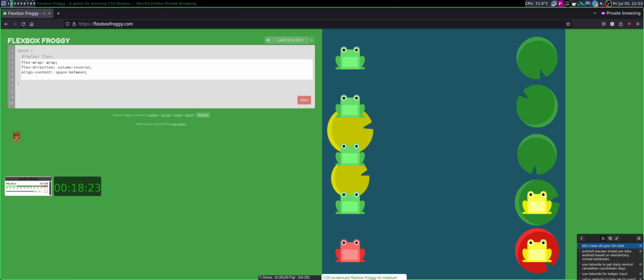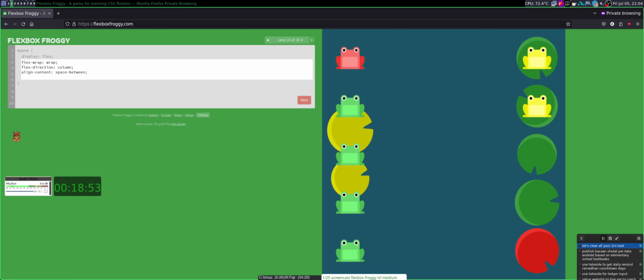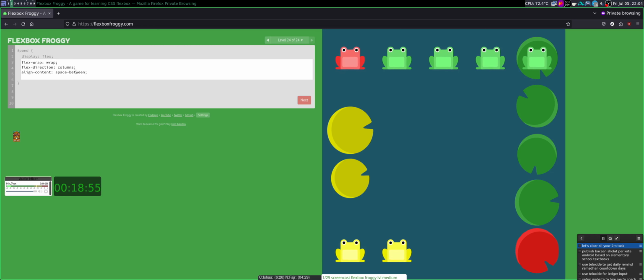Why is that? It's obviously drawing the yellow first. Wait. Okay, reversing results in the left having 4 items and the right having 2 items. So I think this is called, okay.